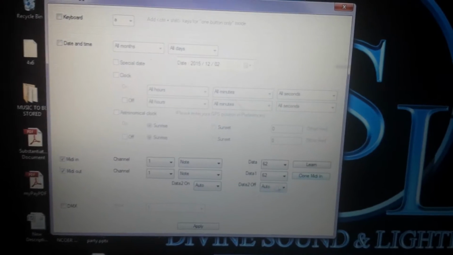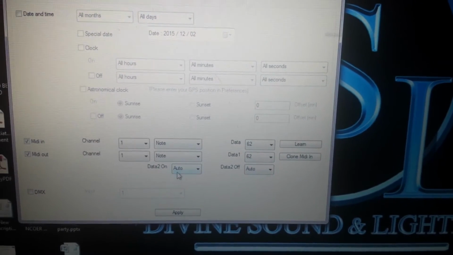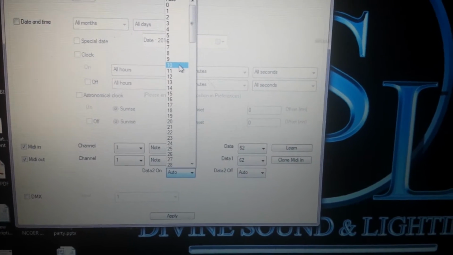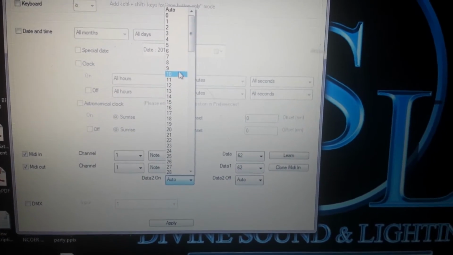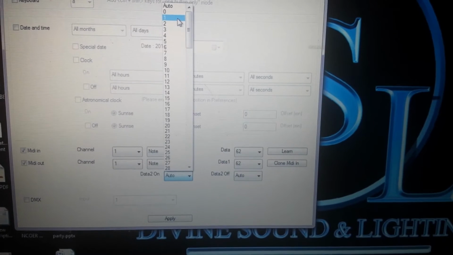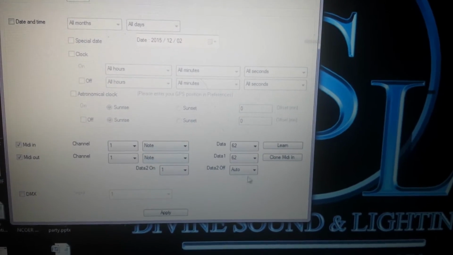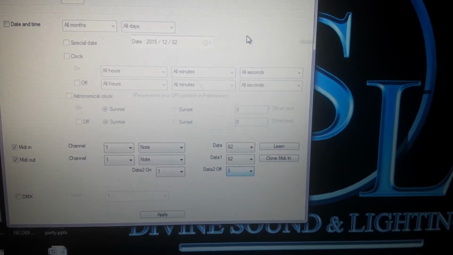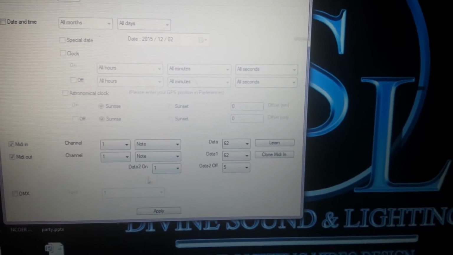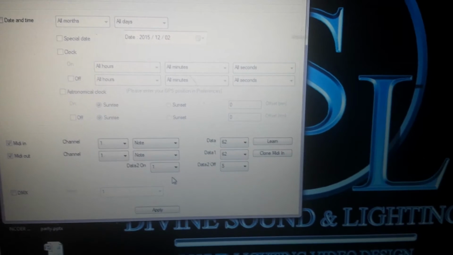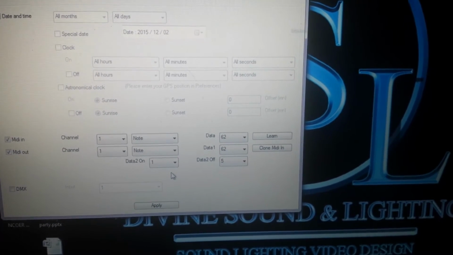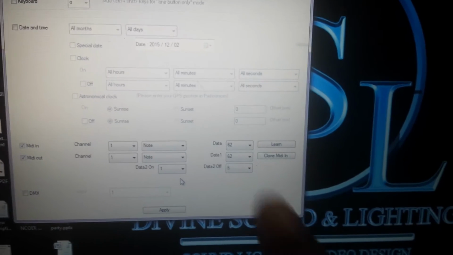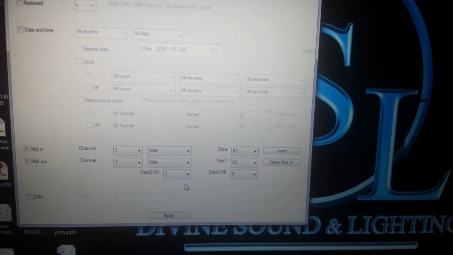Once you do that, you've got your data on, which represents the color when it's not pressed. So I'm going to choose 1, and when you select it, it goes to whatever color you want, and I'm going to choose 5. Once I choose my colors, you just have to play around with the numbers between 0 and 6, or 1 and 6, I believe. I think it's 0 and 6. So you can go anywhere between 0 and 6 here and 0 and 6 here,